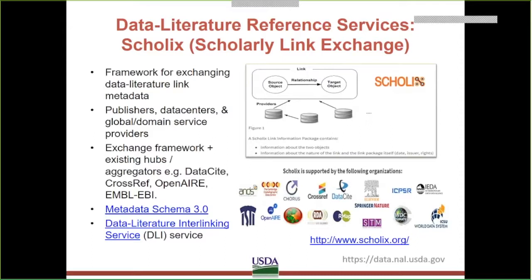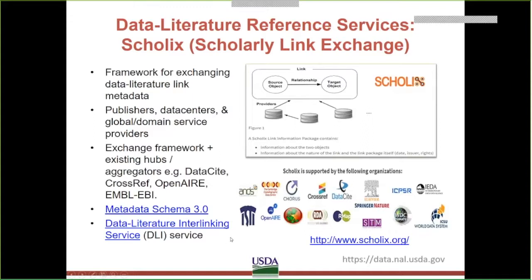It brings together data centers and aggregators with many of the same organizations that are promoting open data standards, as well as many publishers. There's a schema to define the link metadata and a literature linking service or search engine.